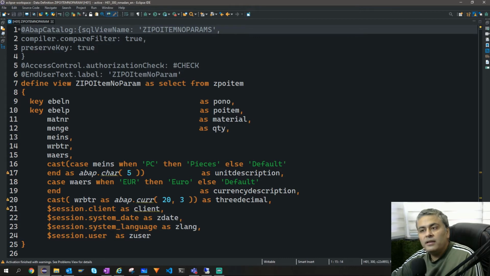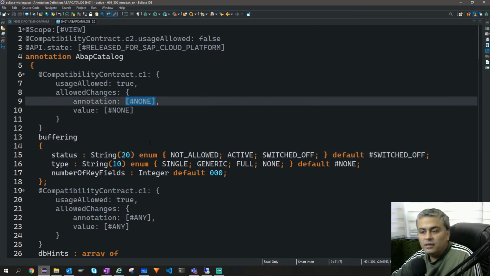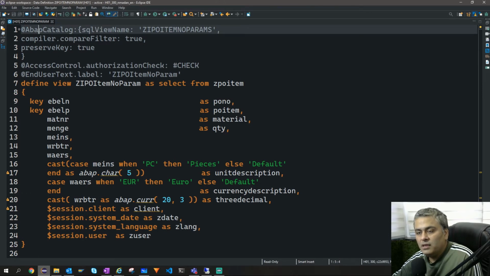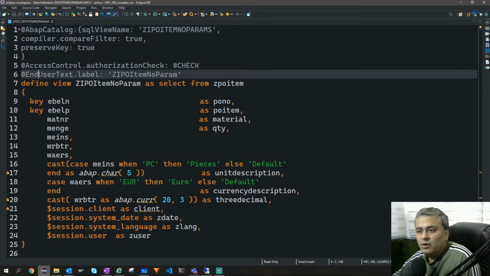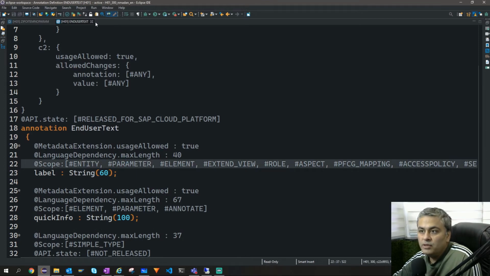So it's like a structure, right? And when I click on this, I also showed you the arrays and how they work. This is enum, and then you can give an array in square brackets, and inside square brackets you can have structures also, like an object in JavaScript. So just to make you understand, we have different annotations. Now we came to know that we can use this annotation, at what level? Let's see once more. This annotation label can be used at entity, parameter, element also. So that means you can